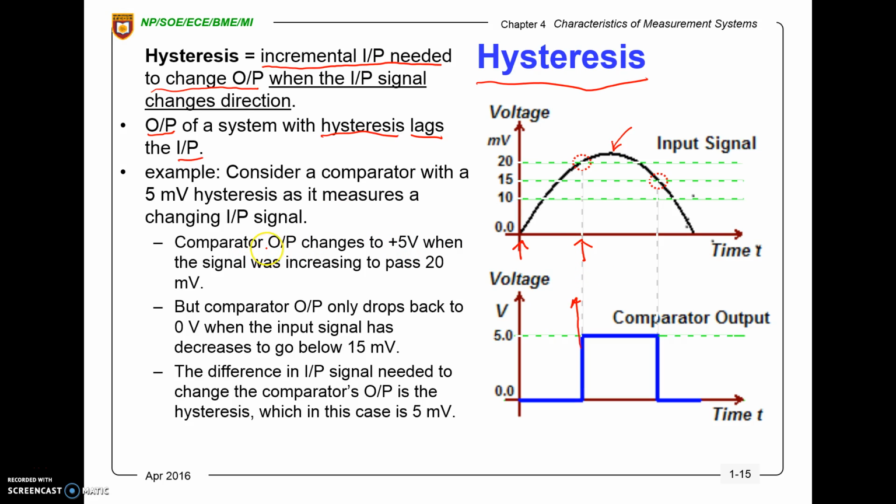Let's take for example this one. The output changes to +5 volts when the input signal is increasing and goes to 20 millivolts. So once it hits the 20 millivolt mark, you will see a response. And the output will only drop back to 0 when the input is below 15, which means when it drops by 5 millivolts, then you will see a change in the output. So how do I calculate the hysteresis? Get the change in the input signal that gives you a change in the output signal. That would be your hysteresis. And that concludes this part of my